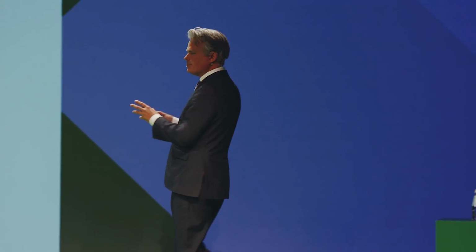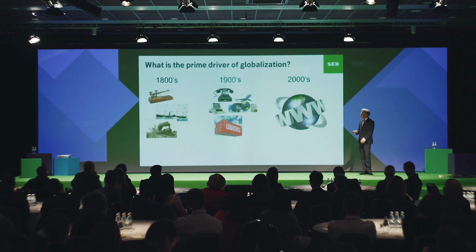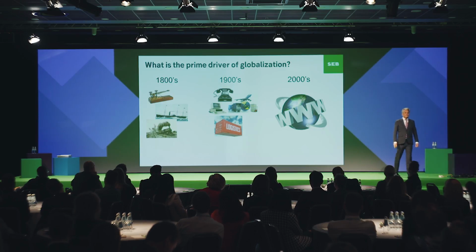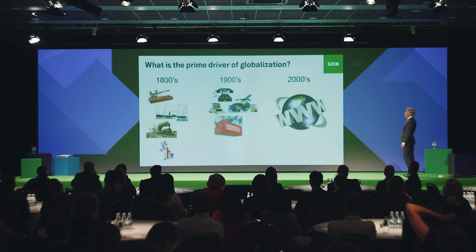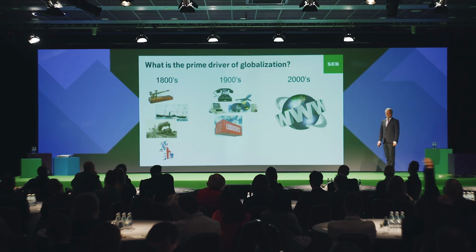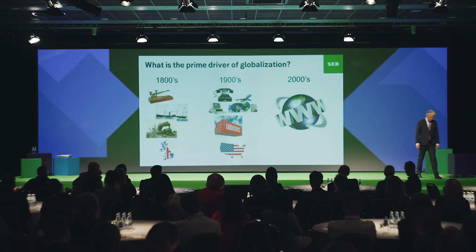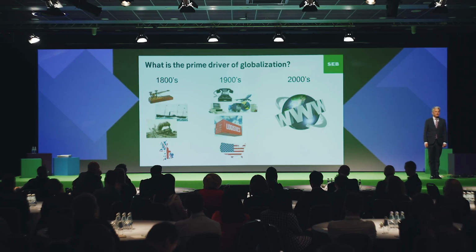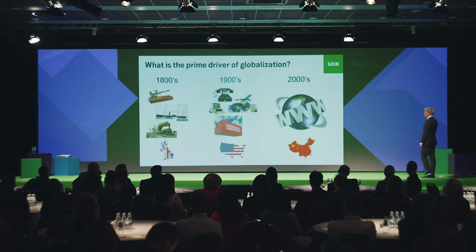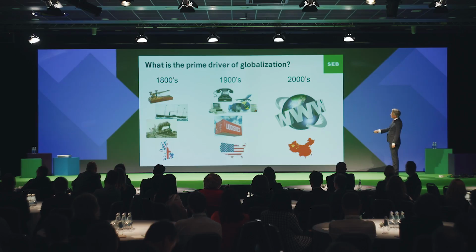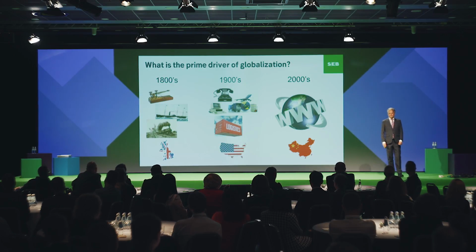Usually you also need a sponsor, or that has been the tradition. What was the influential country that sponsored globalization in the 1800s? Great Britain, exactly. And in the 1900s? The US, correct. And which is the power that today sponsors globalization? China, exactly. And this also marks the switch of influence, right? The UK was the most influential economic power in the 1800s. That switched to the US, and it's now about to switch to China.